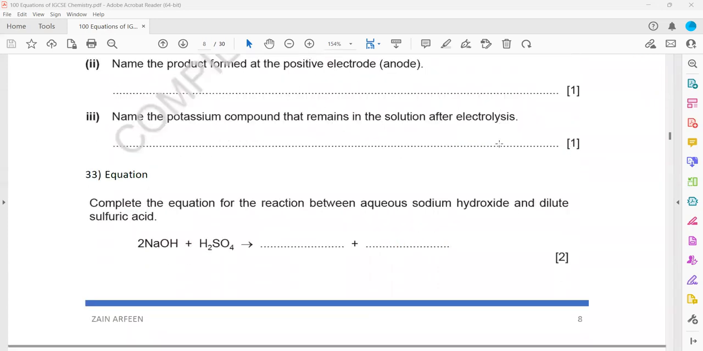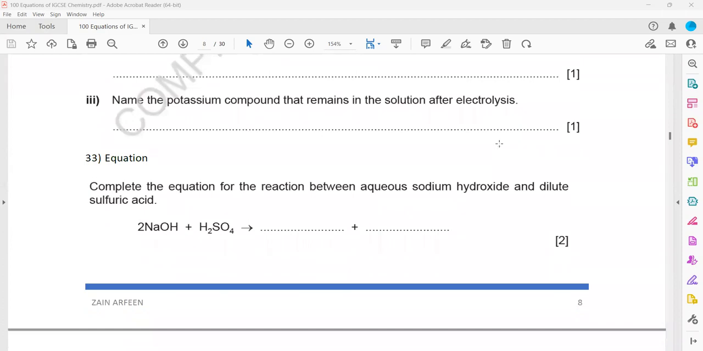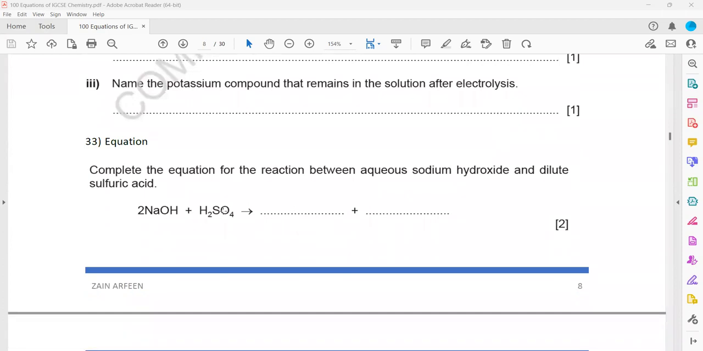Then sodium hydroxide is reacting with sulfuric acid. What will be the product? Alkali is reacting with acid, so it will form a salt, sodium sulfate. Because sulfate is -2 and sodium is group 1, sodium sulfate will be Na2SO4 plus H2O. So yeah, that was the right